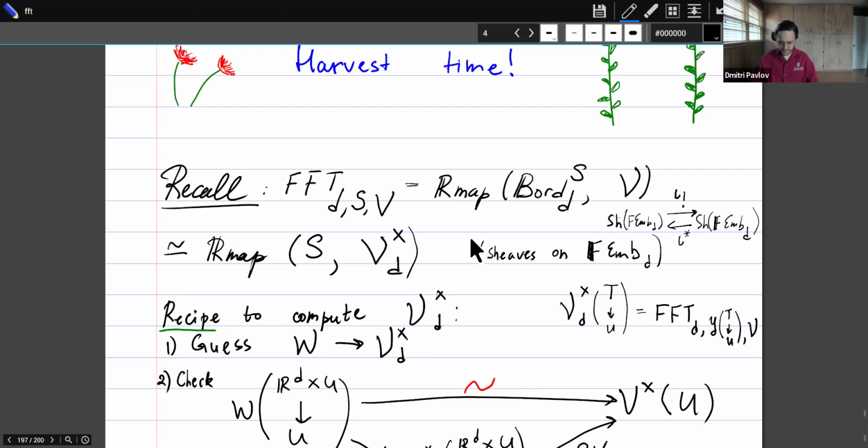And therefore, thanks to this adjunction, in the case when your geometric structure S has the form iota shriek